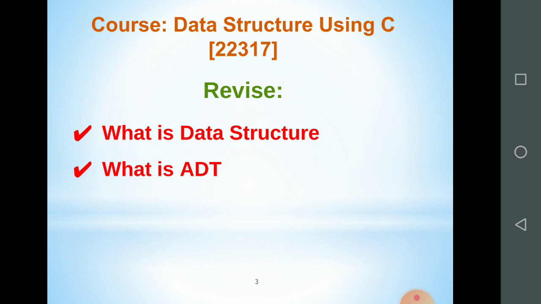We have to design some data structures by using some primitive data types, and those data structures are very helpful to retrieve the data efficiently.